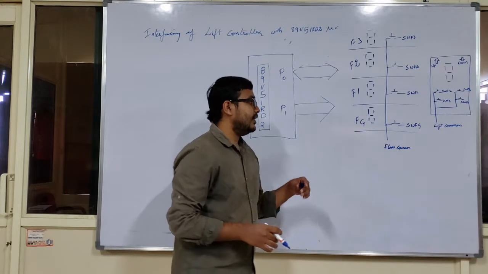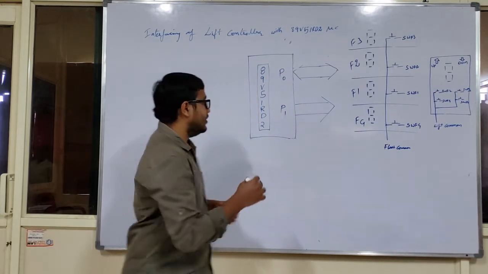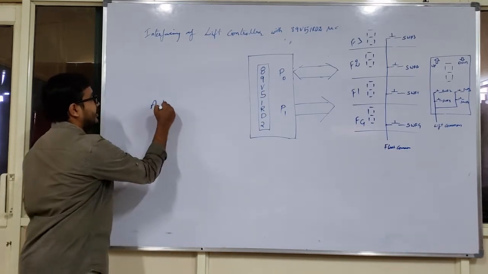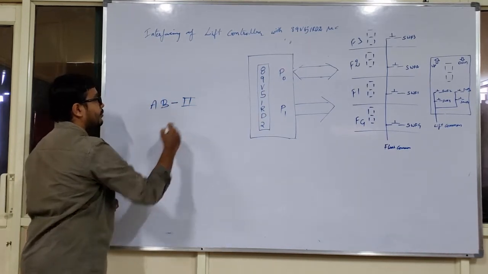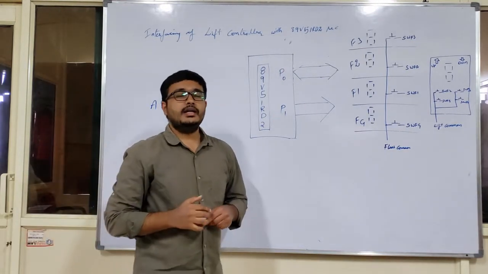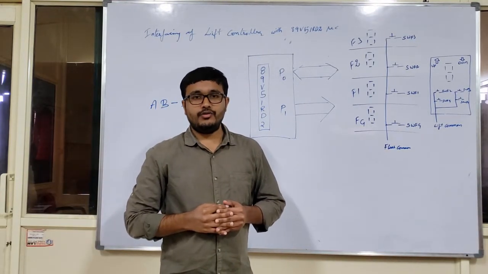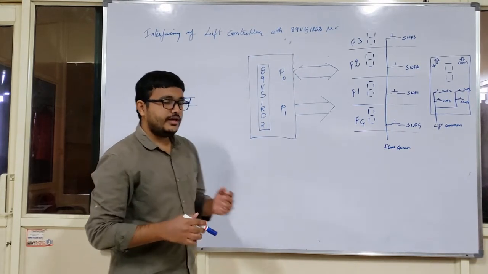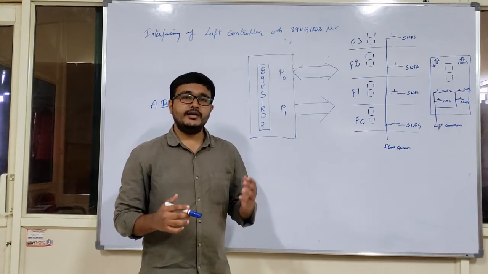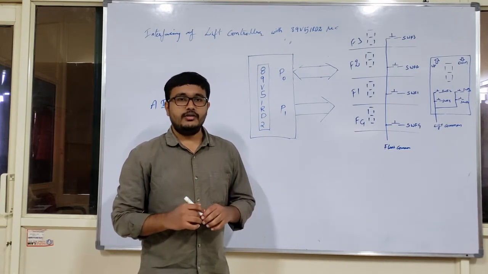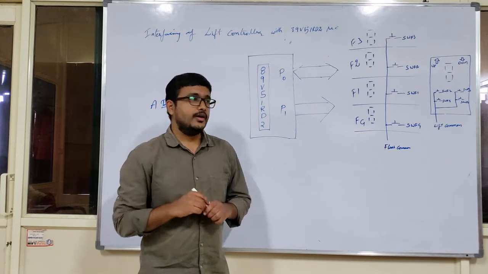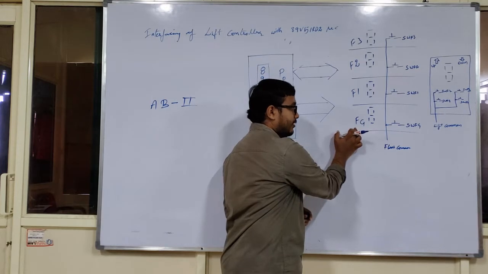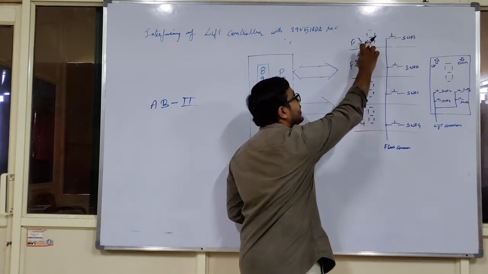So before explaining the lift kit, I would like to explain something. Let us take my AB1 or AB2 block, academic block 1 or academic block 2. In our blocks, we have 4 floors, including the ground floor. Suppose I am waiting in the ground floor for the lift, and I want to move to the second floor. Let us assume this is my ground floor, this is the first floor, second floor and third floor.